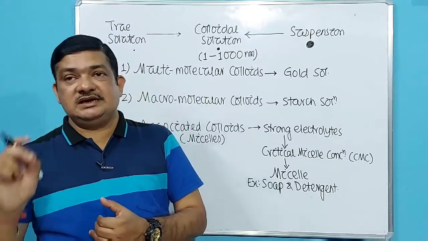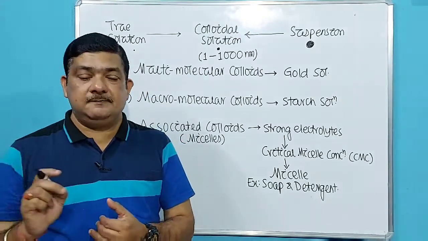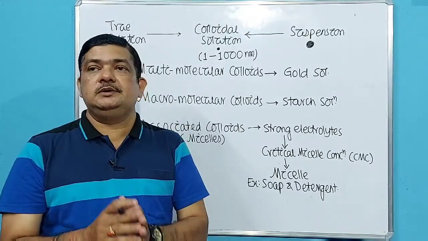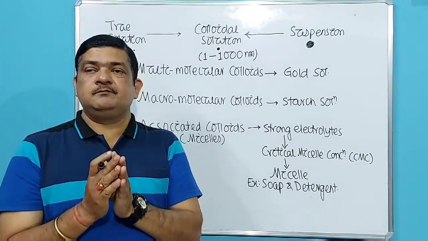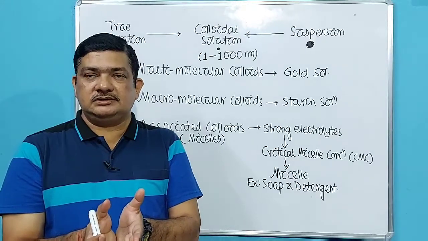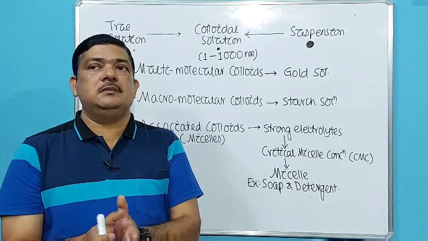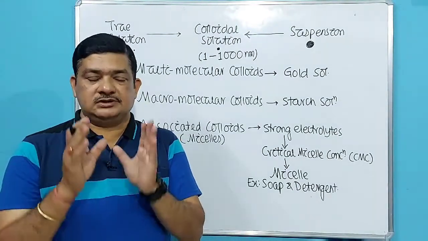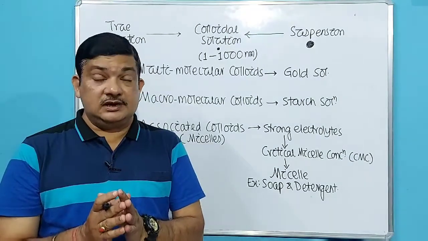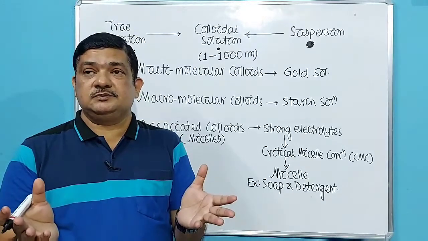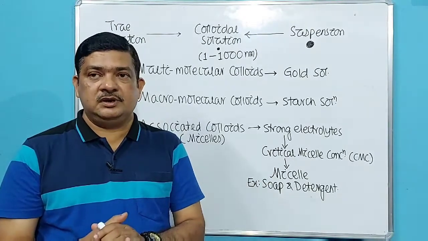Okay, so the dispersed phase gets dispersed in the dispersion medium. So we will not use the words solute and solvent, we will use the words dispersed phase for the smaller quantity and dispersion medium for the larger quantity. Okay, so clearly colloidal solution has two phases because it is a heterogeneous solution. So dispersed phase and dispersion medium.